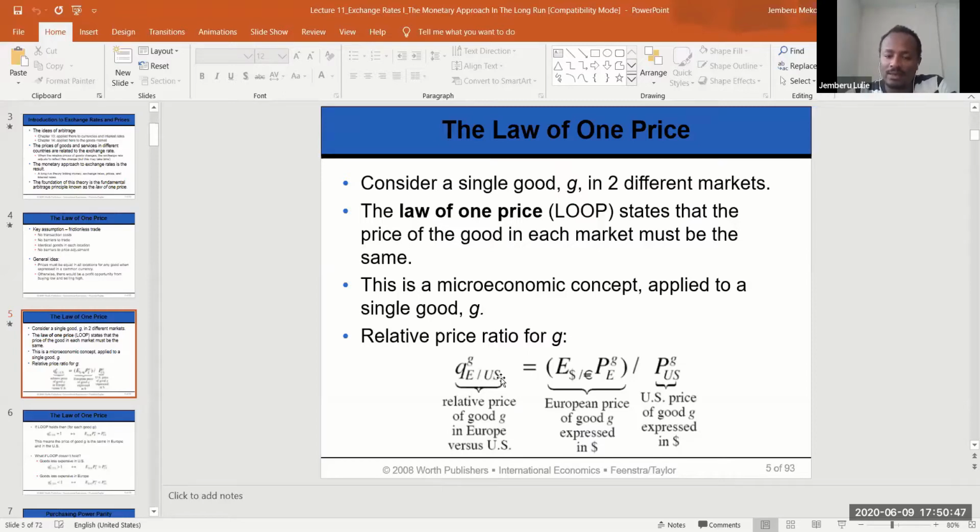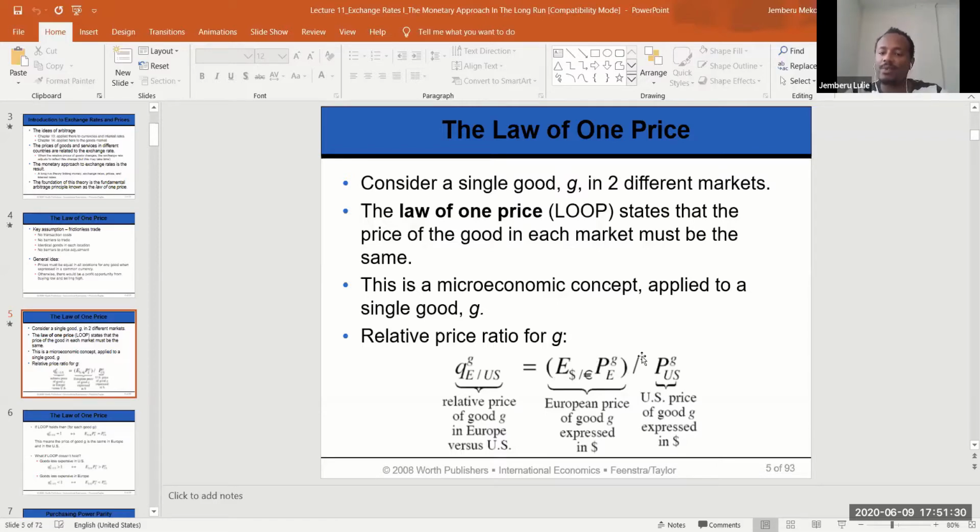ለምሳሌ two apple maybe equivalent with that of one apple in terms of relative price ሊሆን ይችላል። እኩል ከሆነ ደግሞ the same ሊሆን ይችላል። We'll talk about that. Less than one, greater than one ሲሆን ምን ማለት ነው? We'll talk about that one. But at this moment, what I am saying is that relative price of good G in Europe versus US ማለት we are saying that 1 unit of US good ምን ያክል ዩኒት ነው በዩሮፒያን ተርም ማለት ነው ይሄ ደግሞ ከምን ጋር ኢኩቫለንት ነው